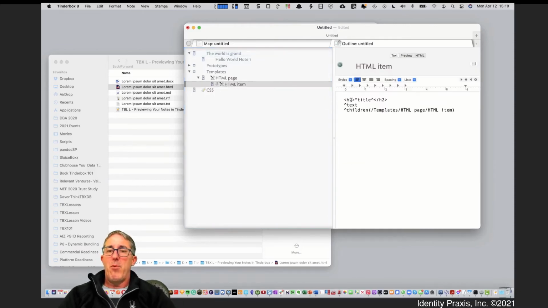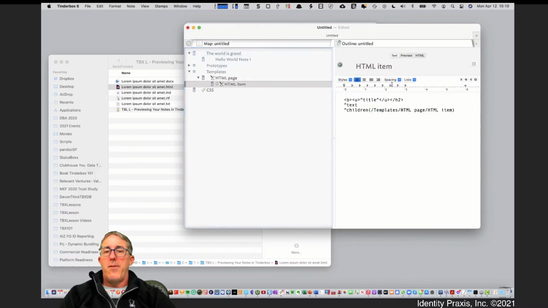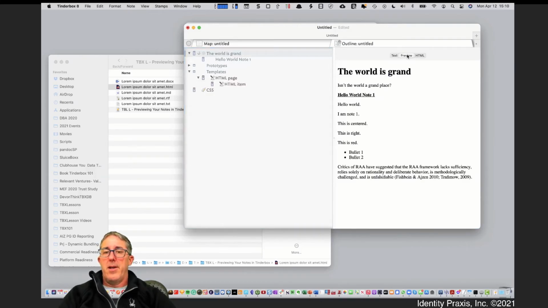Let's make that a little bit more dramatic. Let's say we go and change it, and we want the heading 2s to actually be styled with the bold and underlined. And so when I go and do that, you'll see this, and you'll now see that those are text. Now you notice everything just got bold real quick. Well, I made a mistake. If I go in here, I didn't close out the bold tag. So if I close out the bold tag in the template, and now I go and look,